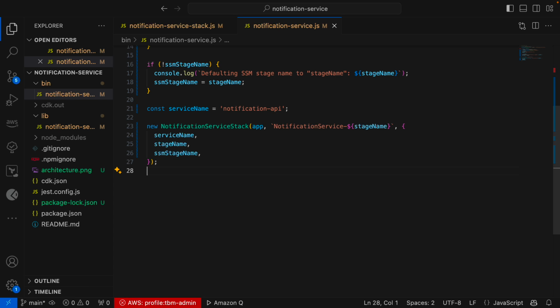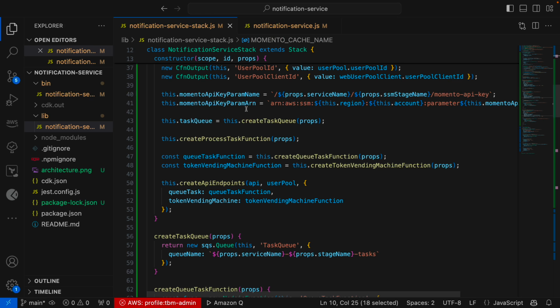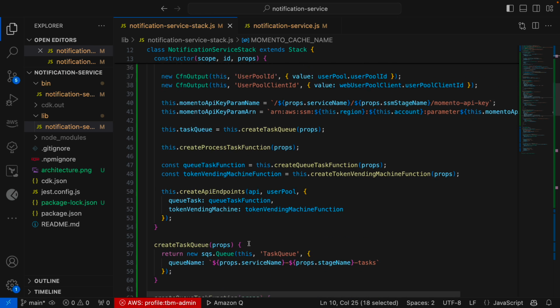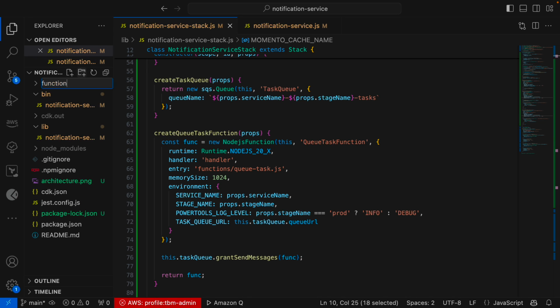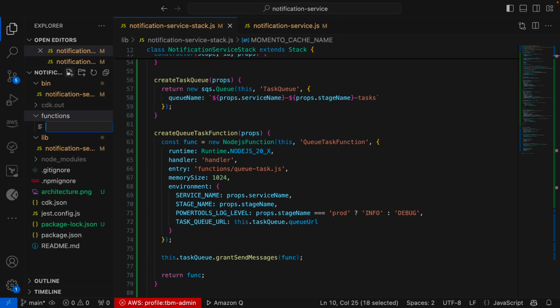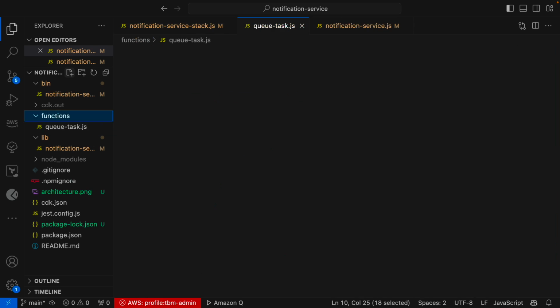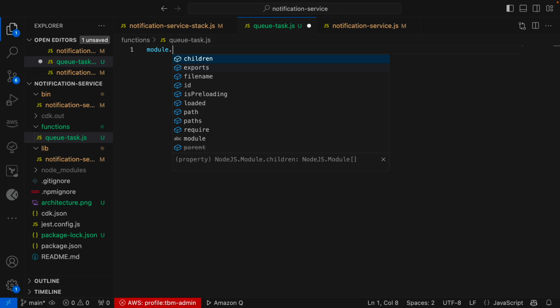Before we can actually generate the CloudFormation stack, we need to put in some placeholders for the functions we have here. All of these functions are going to be looking for a module that's in the functions folder, so let's go ahead and create that. Queue task, and we're just going to put in a placeholder